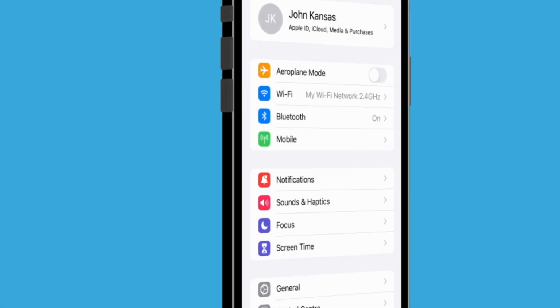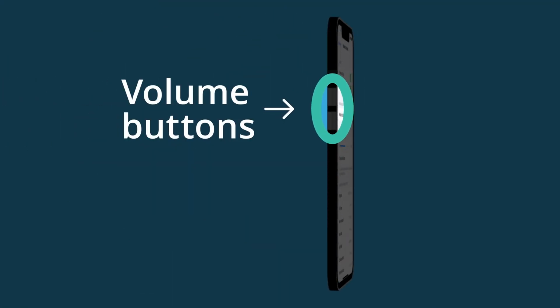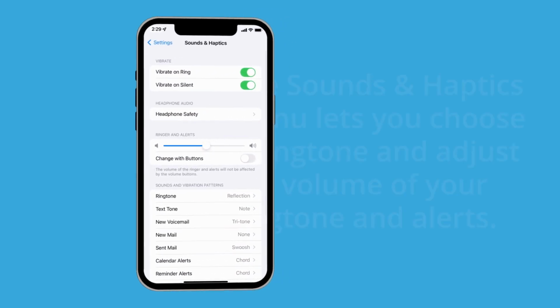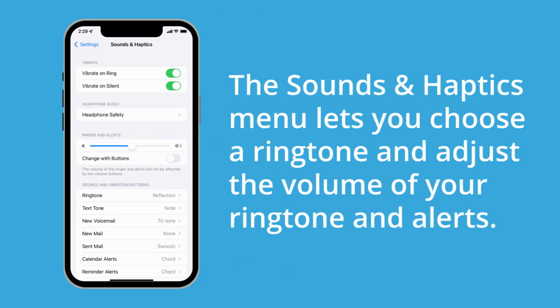Tap on it. Now, the volume buttons on the side of your iPhone control the loudness of voice calls, music, podcasts, and video soundtracks. The Sounds and Haptics menu lets you choose a ringtone and adjust the volume of your ringtone and alerts.